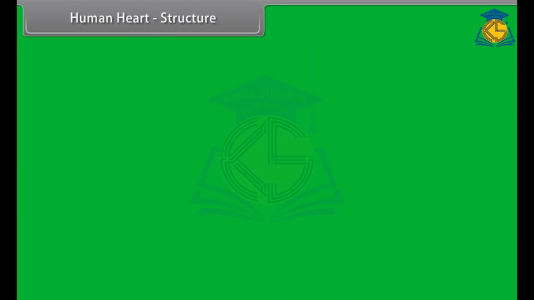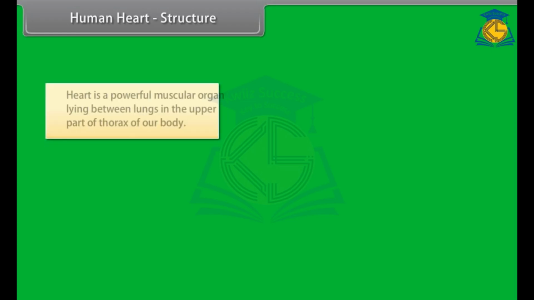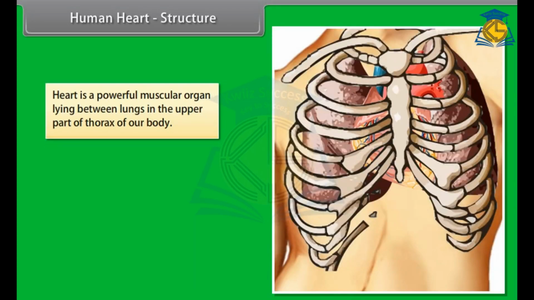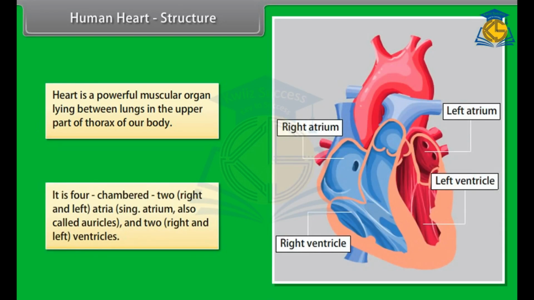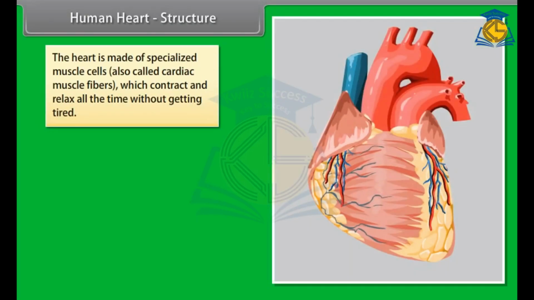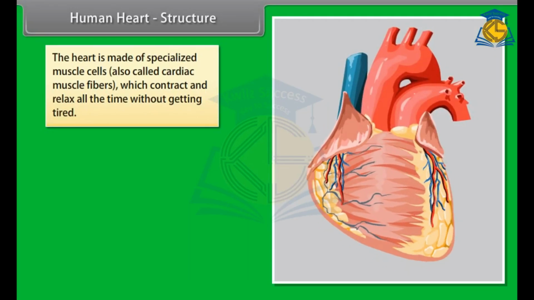Human heart. Structure. The heart is a powerful muscular organ lying between the lungs in the upper part of the thorax of our body. It is four-chambered: two right and left atria, singular atrium, also called auricles, and two right and left ventricles. The heart is made of specialized muscle cells, also called